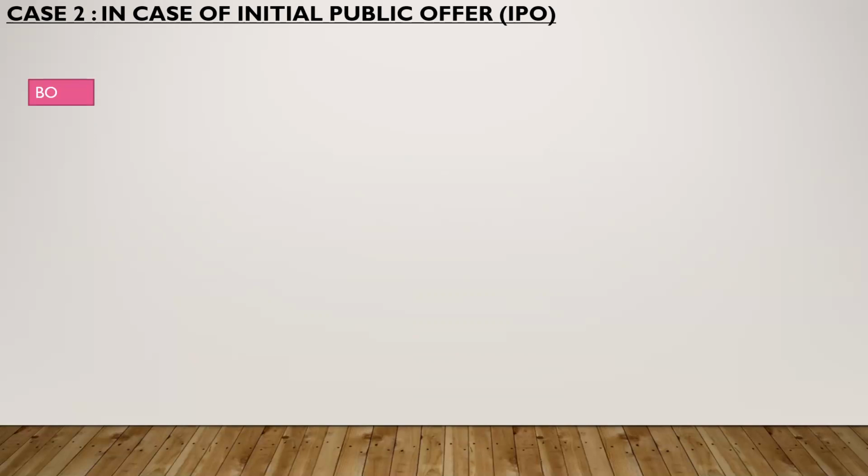Again, it starts with the beneficial owner, that is our Jimbo, the investor. Now this beneficial owner applies for allotment of share. As you all know, when a company announces an IPO, correct? When an IPO is announced, there are many people who apply for the shares. That procedure takes 3 working days. That offer is open for 3 working days.